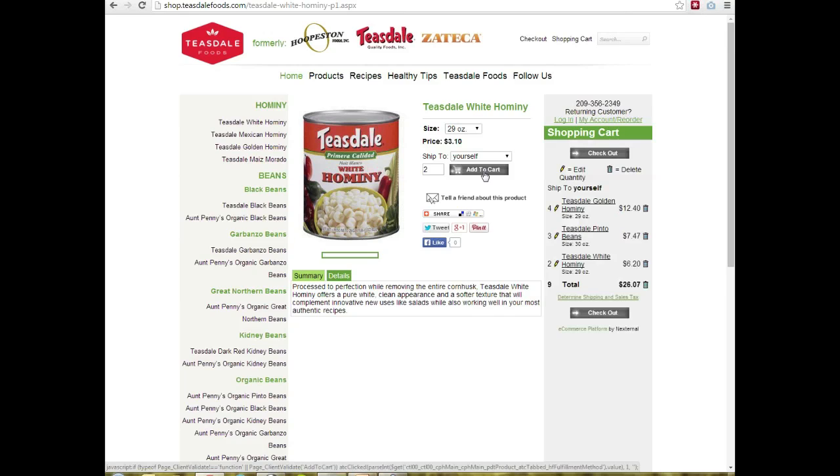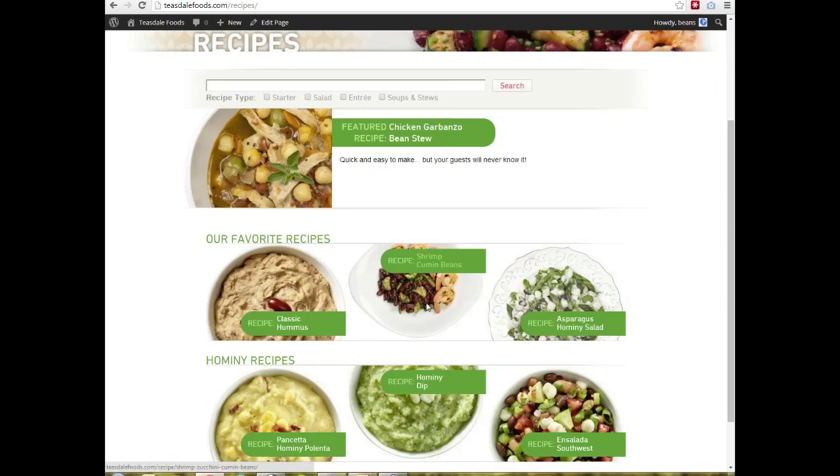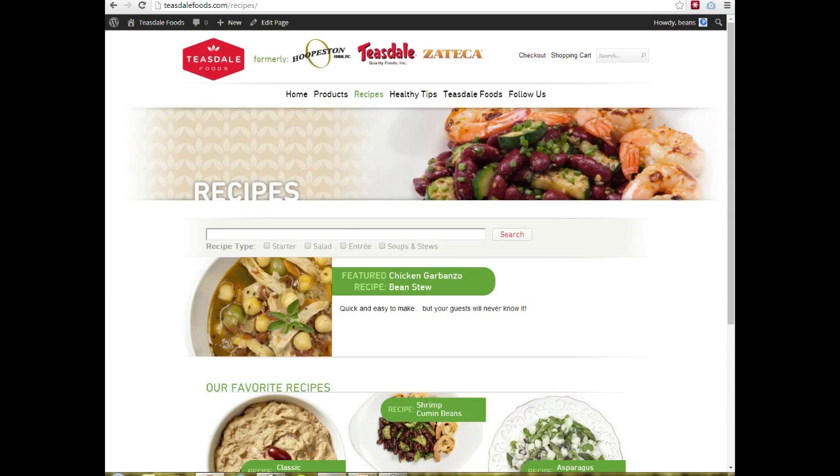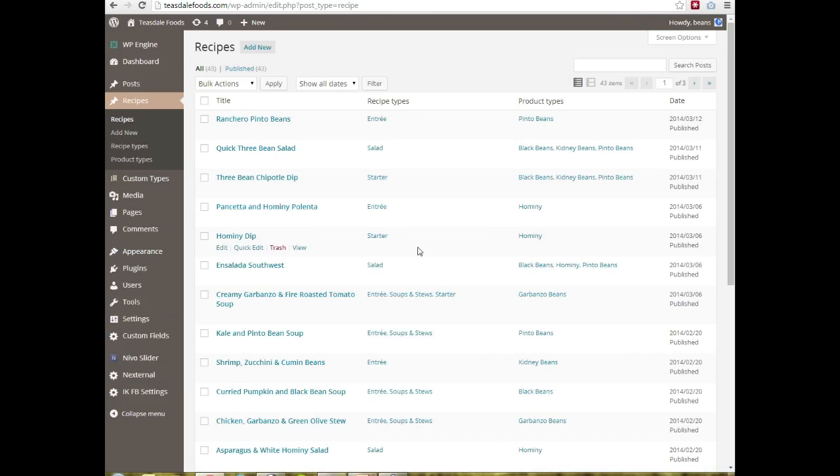For the Nexternal client, we also created a second custom post type to handle and contain their collection of recipes. If we were to go back and look at recipes here, you can see it's an entirely separate type of data, which is listed on the left dock, and again contains a lot of custom information related particularly to recipes, which are content-rich articles